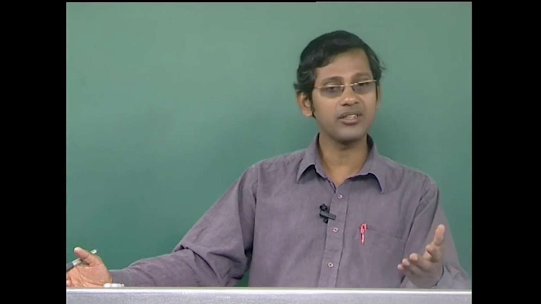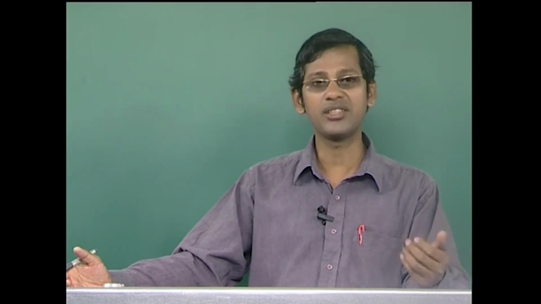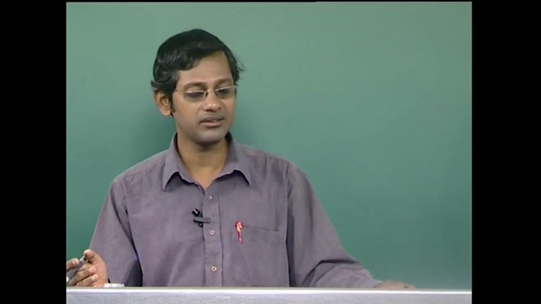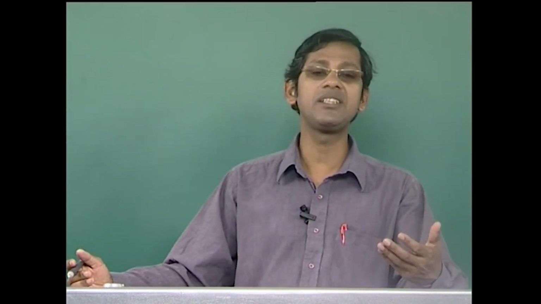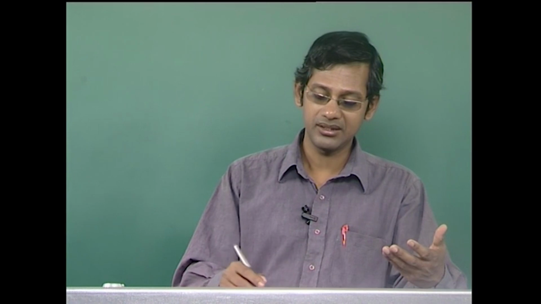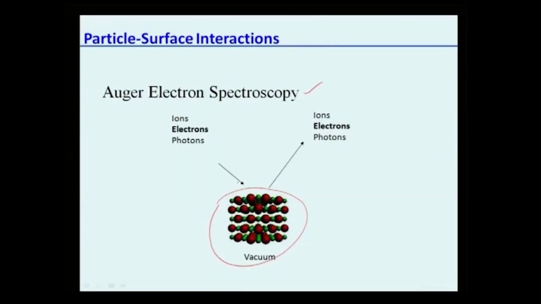So, when ions, electrons or photons, which are all sources of radiation, fall on the surface of a material kept inside a vacuum, it can generate ions, electrons and photons. And if we analyze what is generated